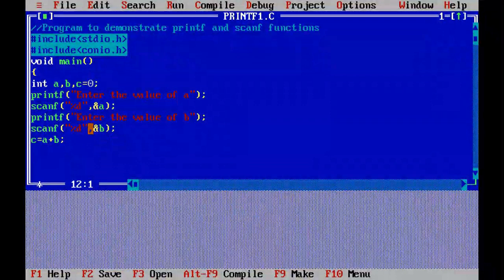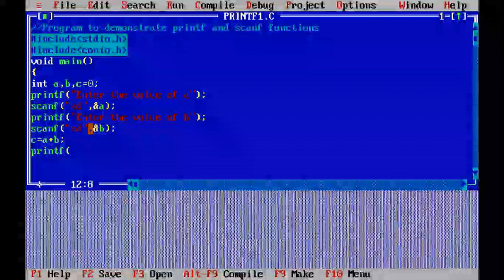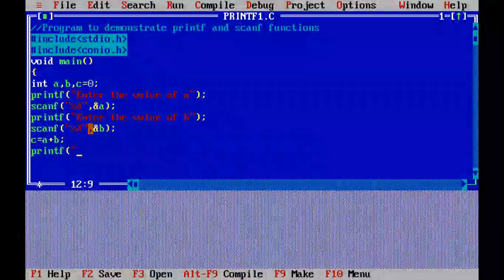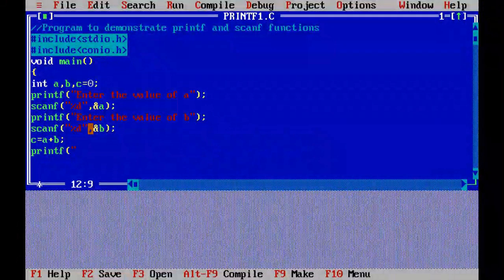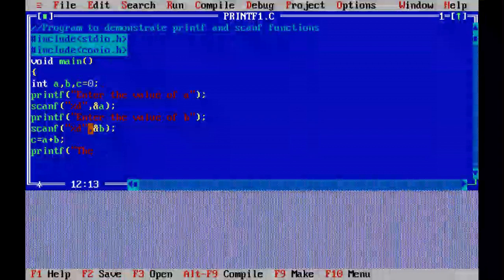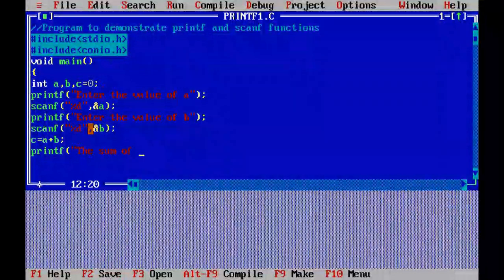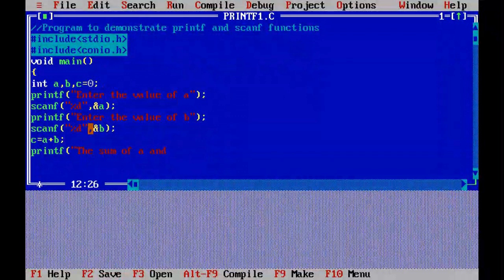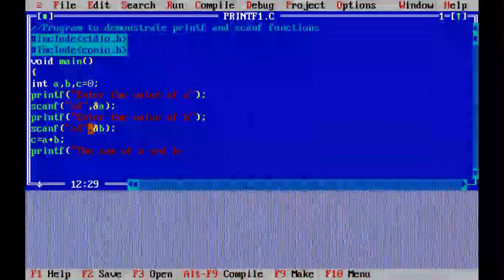Now I will print the value of c. How can we print the value of c? With printf. The printf function uses two arguments: the control string and the list of variables. Here I will write the message, the sum of a and b is equal to, then the format specifier.